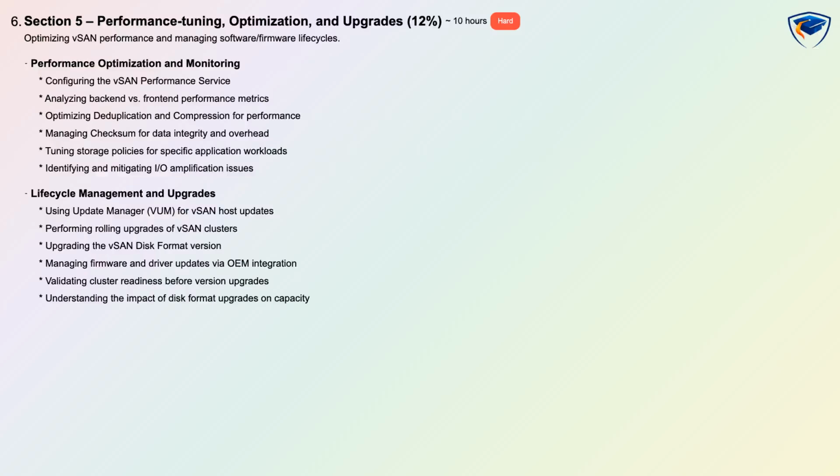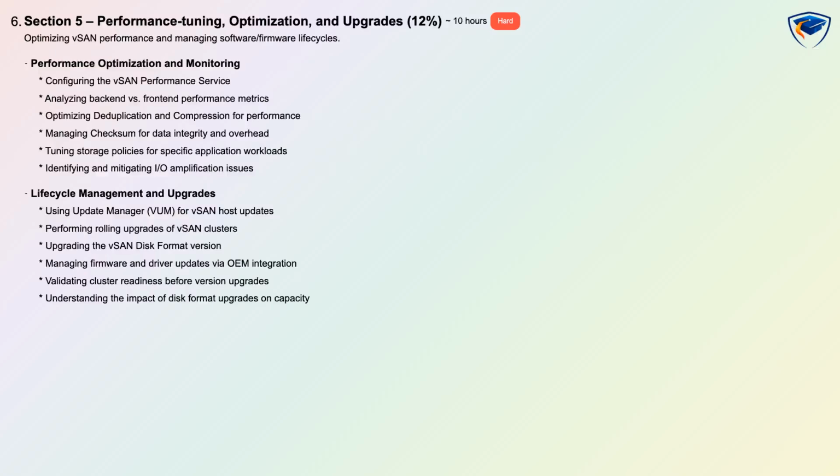In Section 4, you'll also learn about configuring vSAN datastores and storage services, boot from vSAN and SD card USB installation considerations, and how to configure fault domains to improve resilience. Additionally, you'll understand how to configure Virtual Distributed Switch, VDS, requirements, implement NIOC for traffic management, and configure link aggregation,